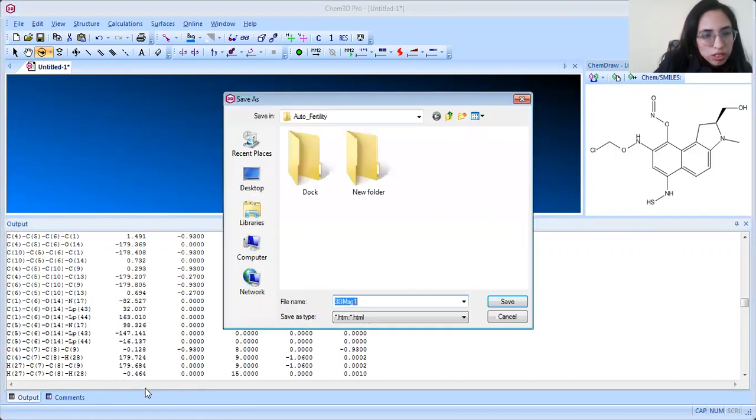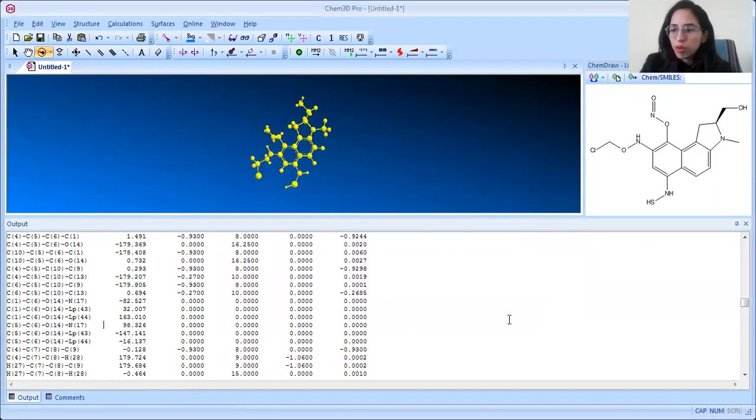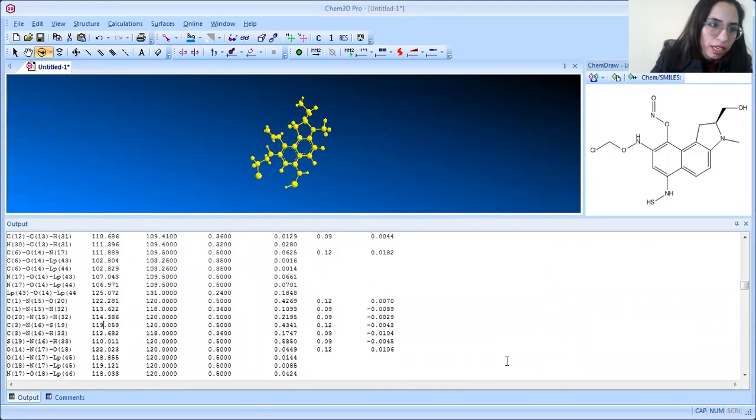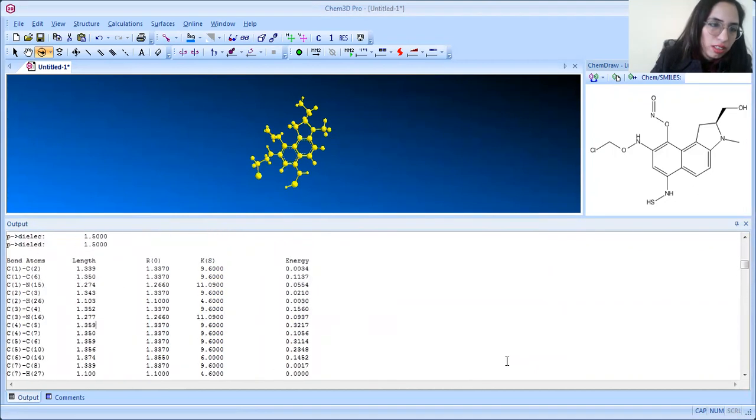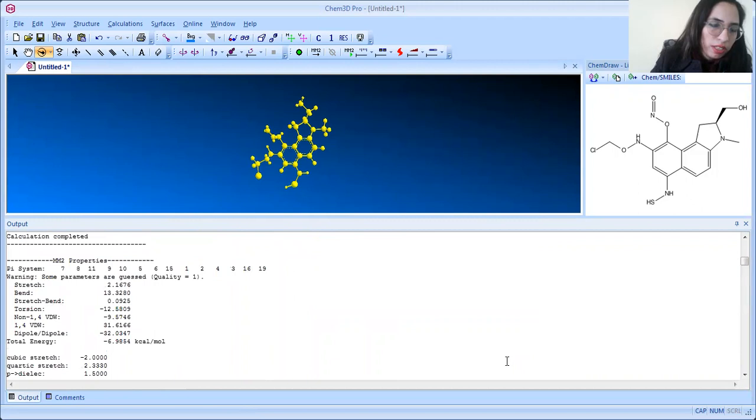Export. Fine. You can save it. I don't want to save it because this is for teaching only. Static energy, dihedral, bond order, bond length. Fine. This is all about today's session. How we compute, how we minimize energy, and how we calculate different properties of the static energy and the bond order.